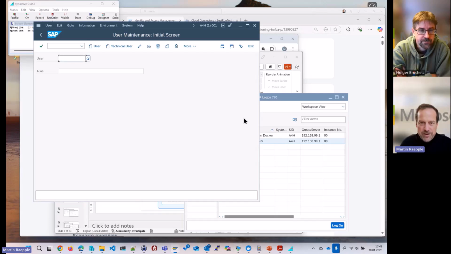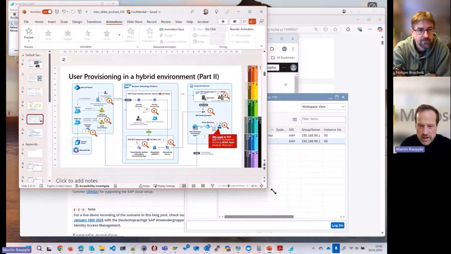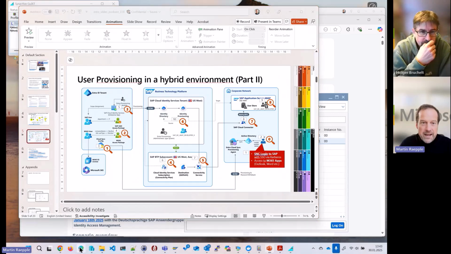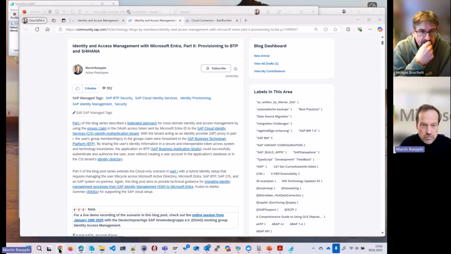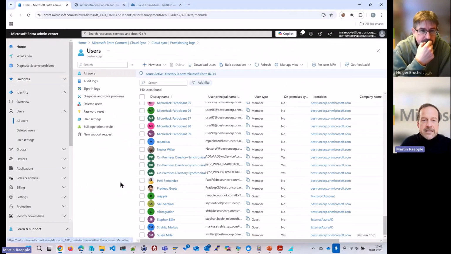Let's jump over now. Again, it takes some time until the process runs through, but just for everyone to relocate where we are, we have done step 0. Now let's take a look at the Entra side, at the access packages and the cloud configuration. Let me go to my Entra portal, which is here, the Entra Admin Center.